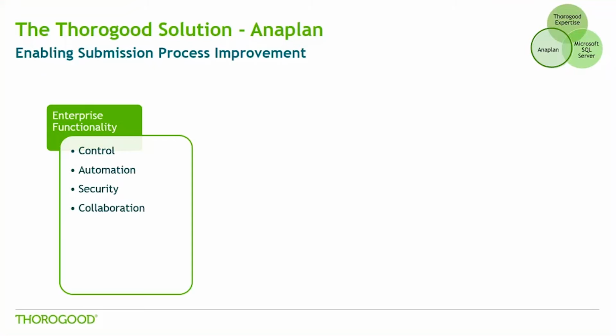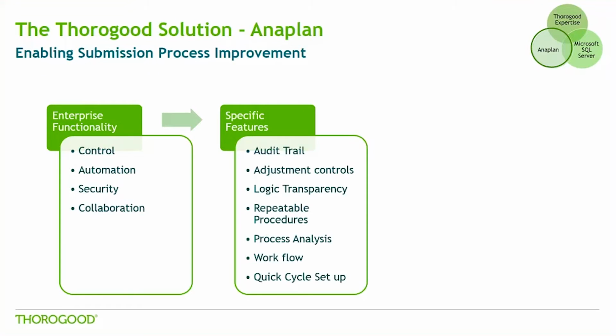We want automation. Any complex procedure needs to be repeatable and executable when we want it. And also we want to be able to collaborate across a team so everybody can work together effectively, something that Excel is a real limiting factor with. So those broad strands of functionality cascade down into a number of different specific pieces of functionality, very useful. So Audit Trail, we'll see that a bit later. Adjustment controls,